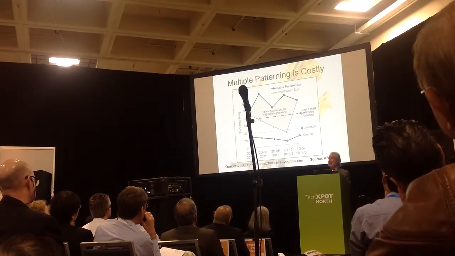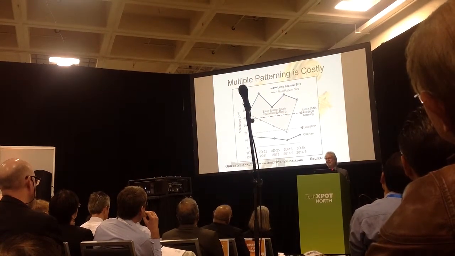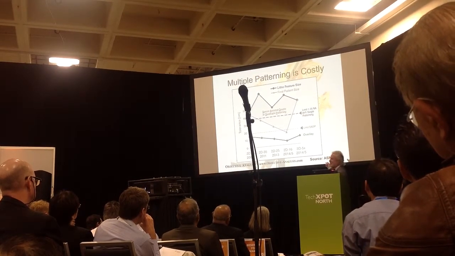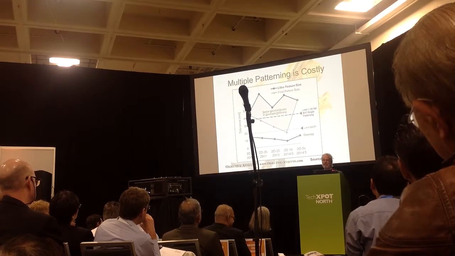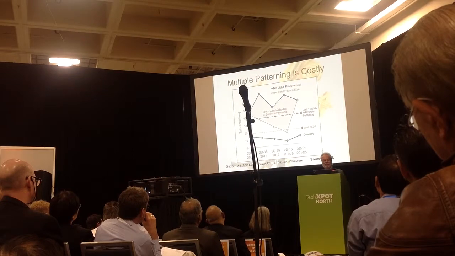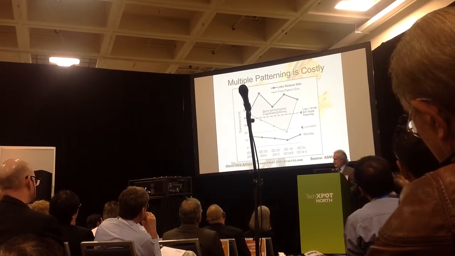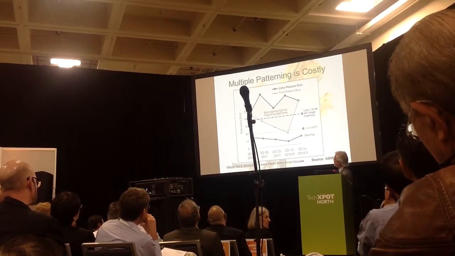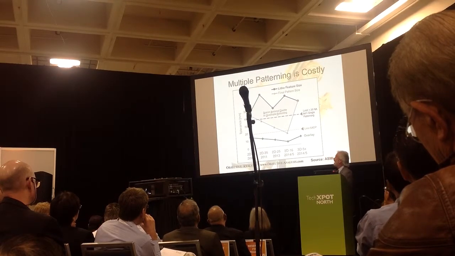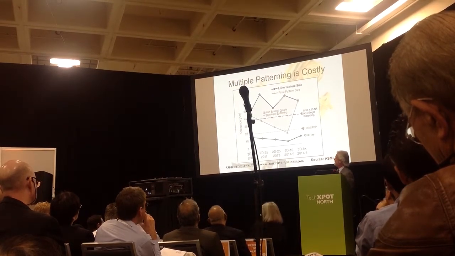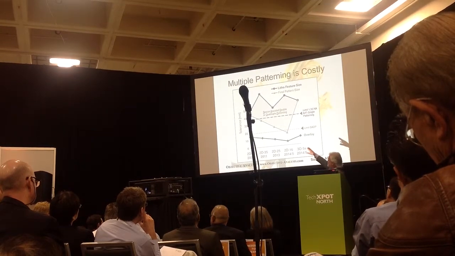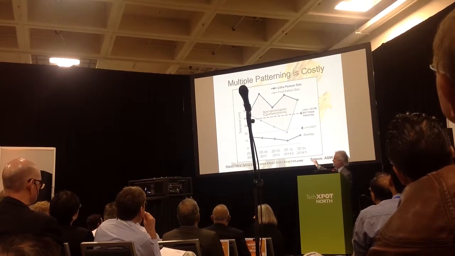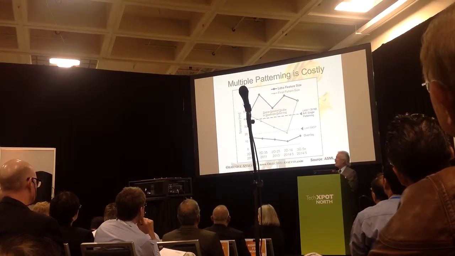And then finally, you've got the need to go to multiple patterning. And this is something that my friends at ASML, ASM Lithography, gave to me. That's a really good way of showing how this all works. This is kind of a complicated slide, and the laser pointer is not very bright, so I'll just talk about it. We've got the size of the process geometry on the vertical axis. You've got these different processes that were being made across the bottom axis.